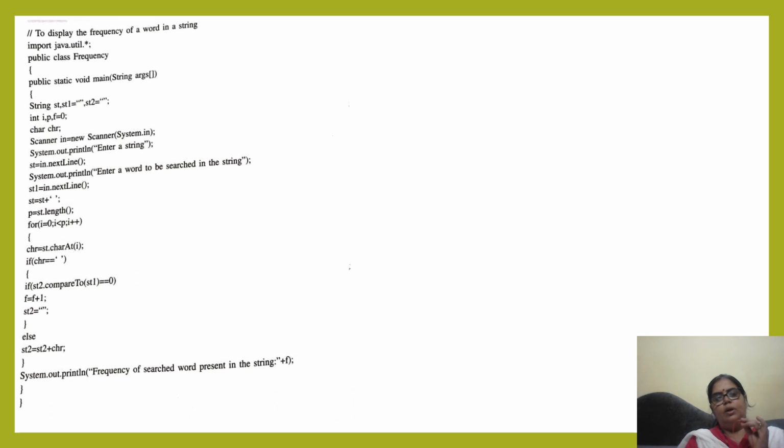Okay, now we are going to compare the two strings. If s2 equals the search word, then we have a flag variable, and then st will again be empty, else s2 is equal to s2 plus ch. Here we check whether the string you have put for the search is there or not. Okay, now our frequency of the search word will be f. If it is there, then f will be increased. So like that we are going to get the frequency of the string which we have searched.